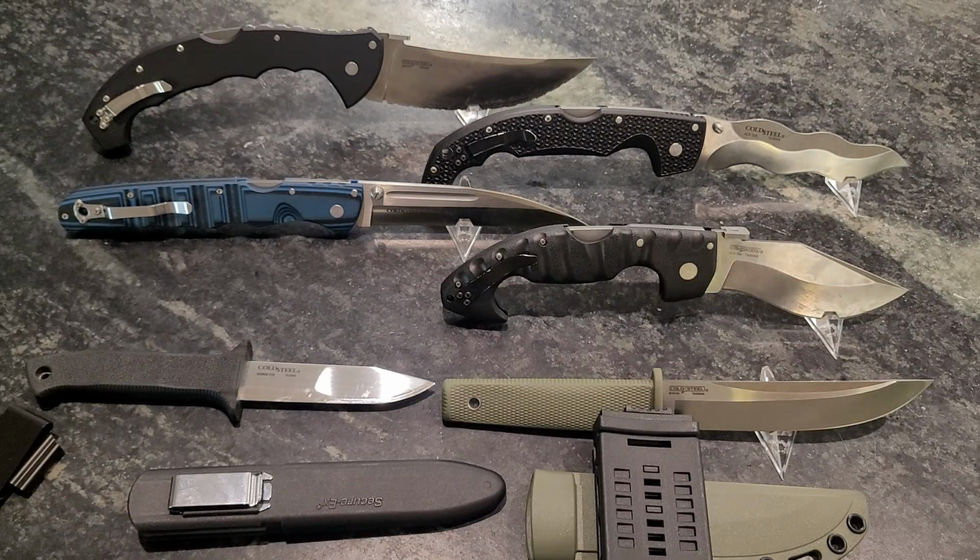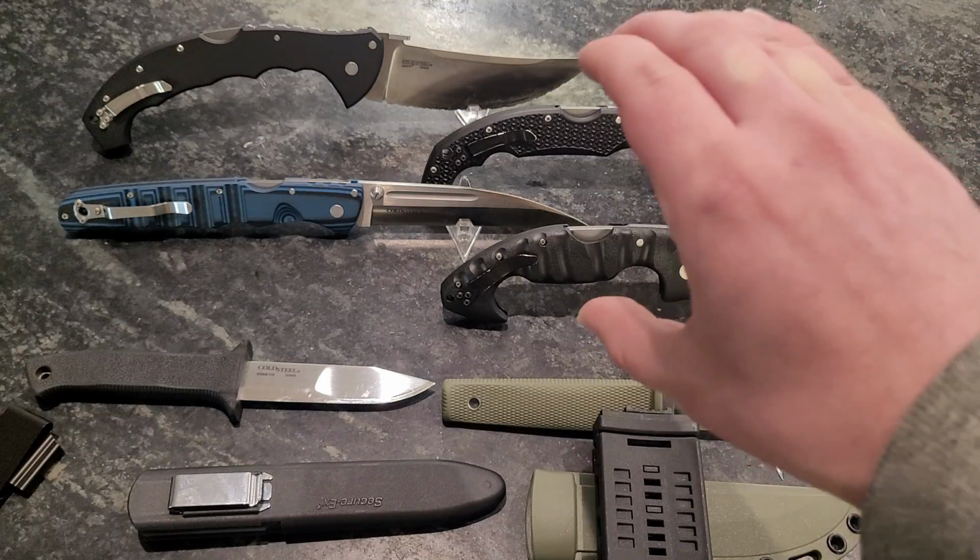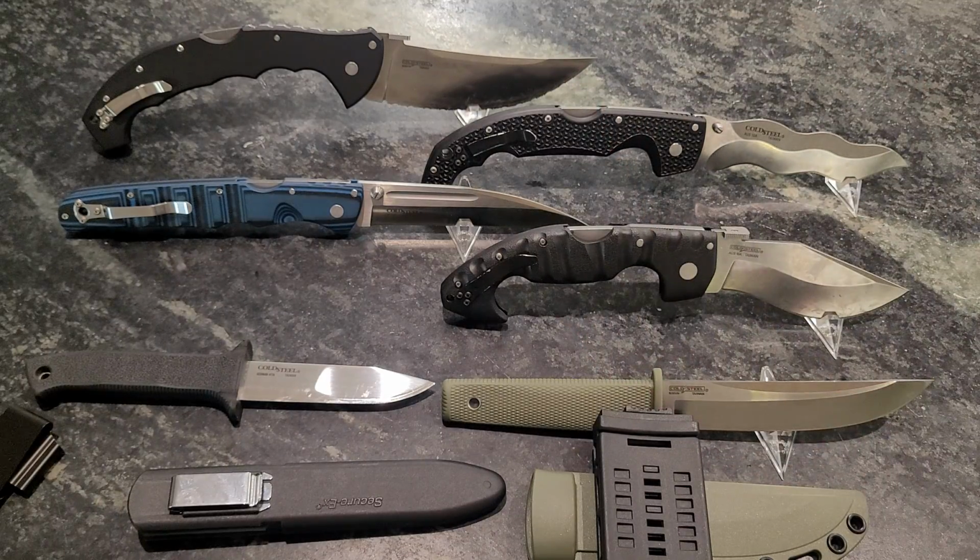Oh, the blade was amazing. The G10 was awesome, but it was literally like a square when it was folded up and in your pocket. It was like twice as heavy as your cell phone. Not twice as heavy, but it was like, oh, this would just not be fun to carry around with me unless I'm into carrying knives that feel like bricks in my pocket, which most people aren't. So yeah,